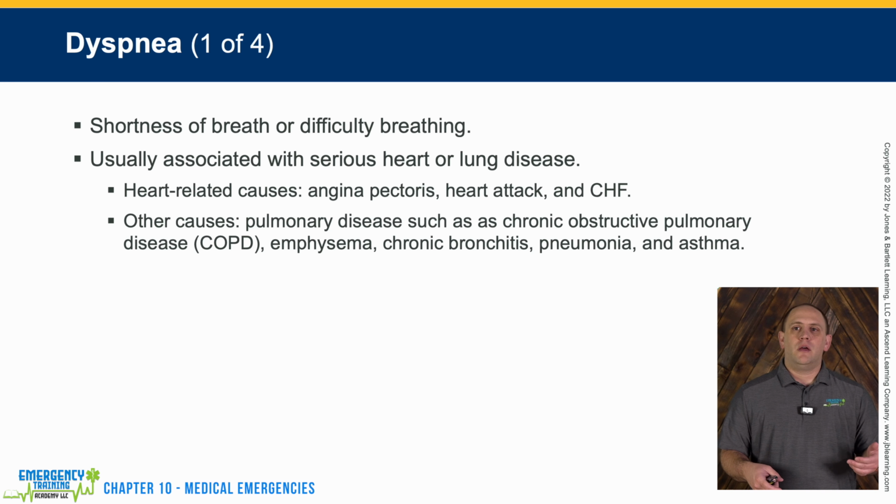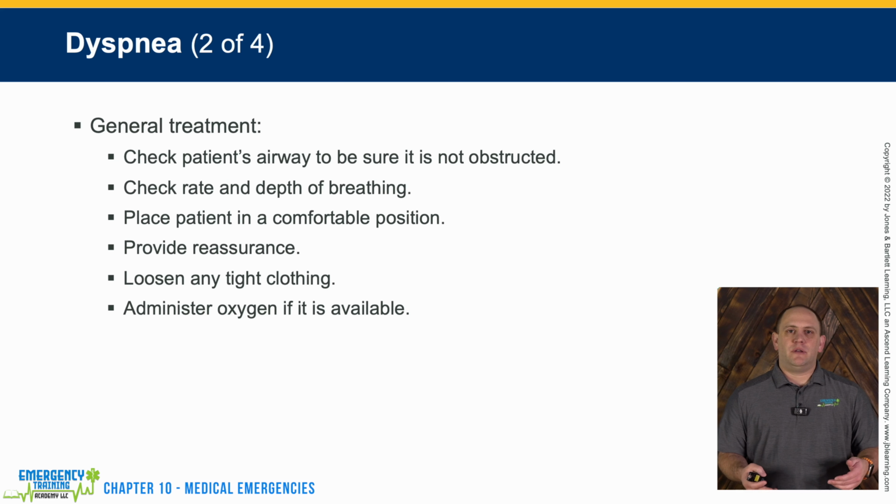So we could see our chronic obstructive pulmonary disease or COPD. It could be emphysema, bronchitis, pneumonia, and one of the most common is asthma. Any patient that is having difficulty breathing, we want to start out by doing our ABCs: airway, breathing, circulation. So we want to check the airway to make sure that there's no obstruction. And we can also check this a little bit by getting patient history, make sure that there's no chance that they have anything stuck that is obstructing the airflow in their